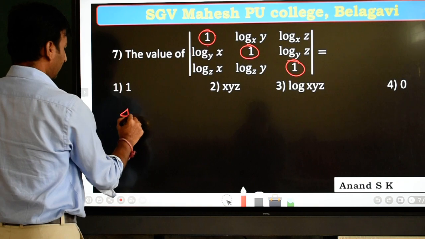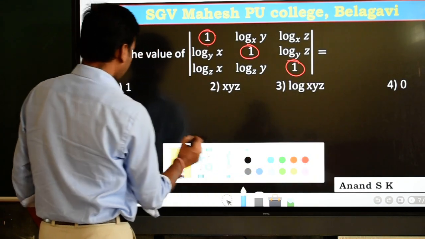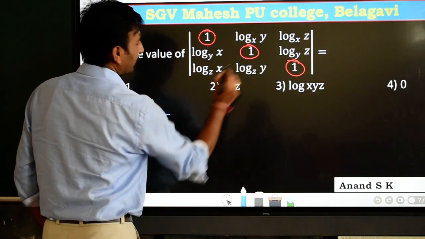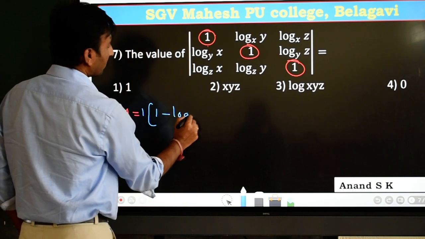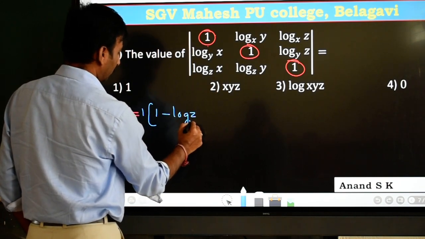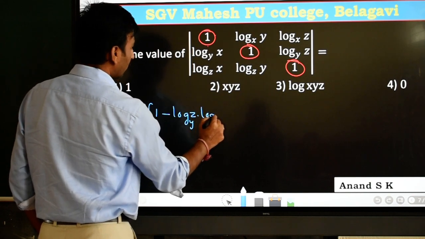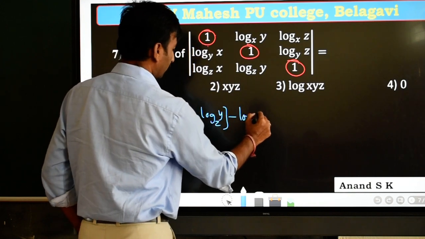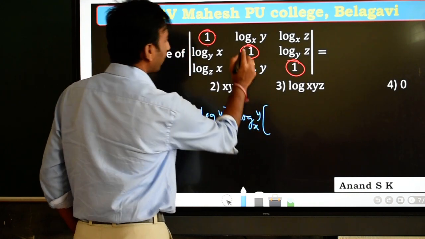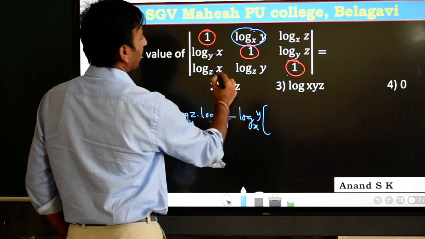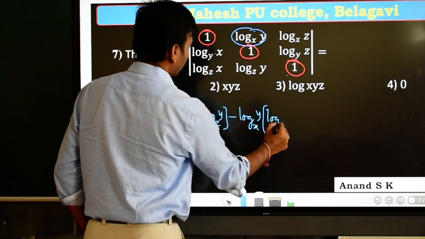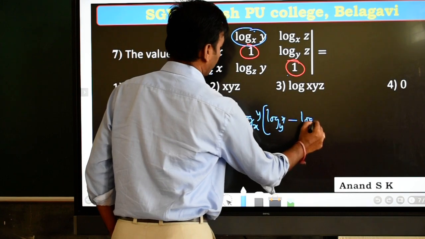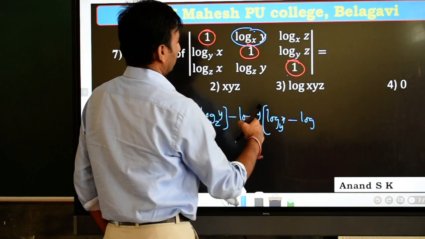If I say delta equal to this determinant, now this is 1 into 1 is 1, minus this, you can write log z to the base y into log y to the base z. This is the first one, minus log of y to the base x in the bracket. I am taking this into this minus this into this. What is this? Which is log x to the base y minus